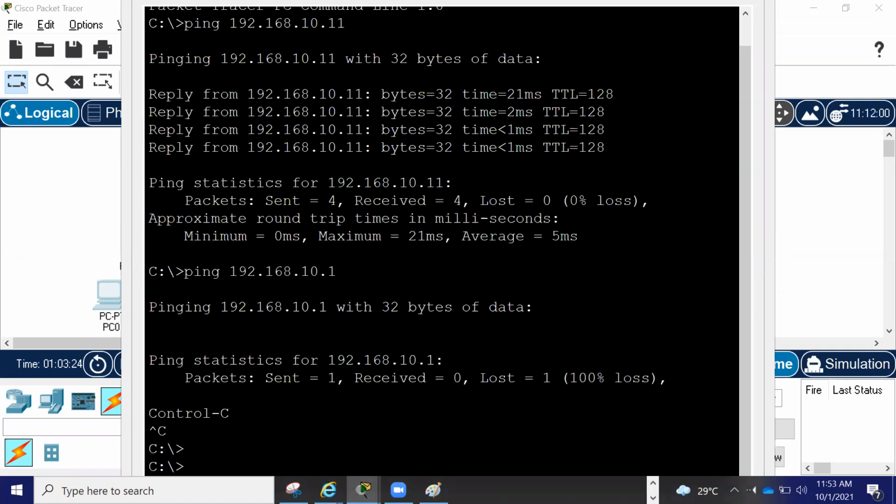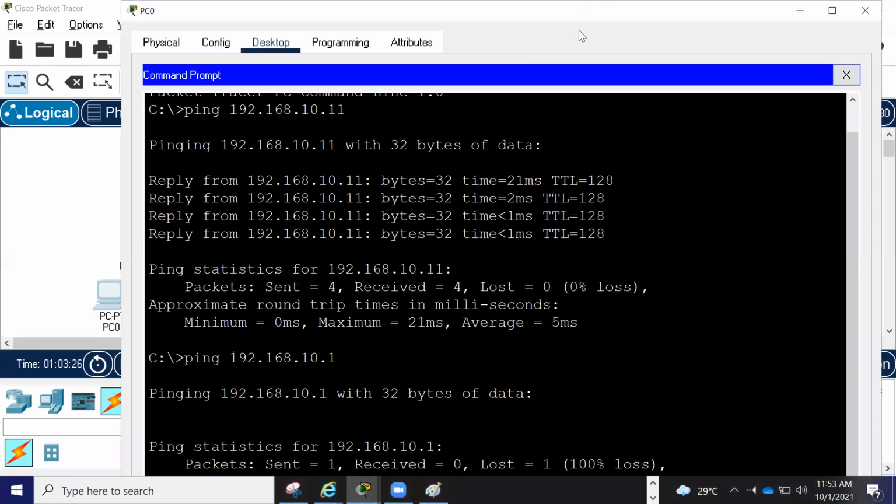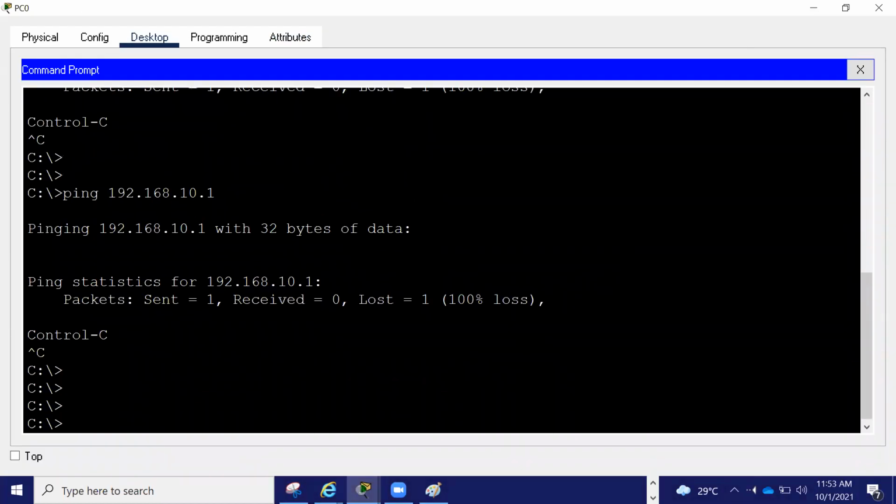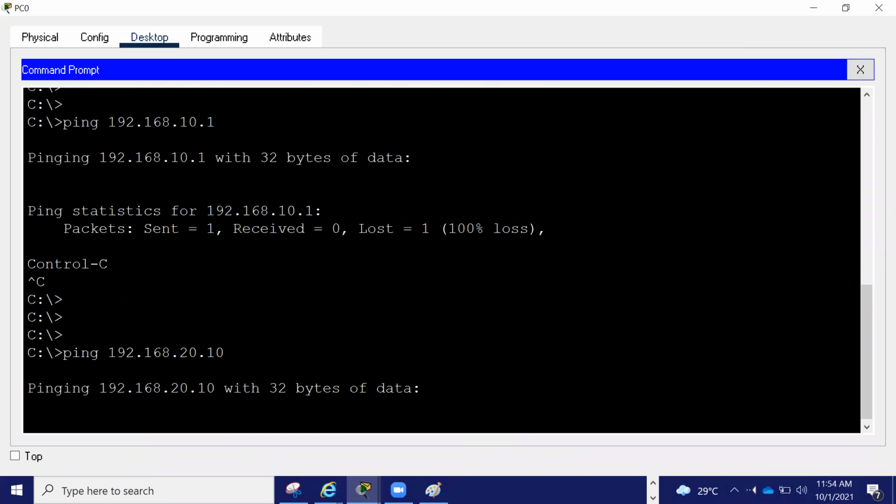Similarly, can this guy ping to 192.168.20.10? Shahid, can I be able to ping this? Yes, sir. Very good. No,